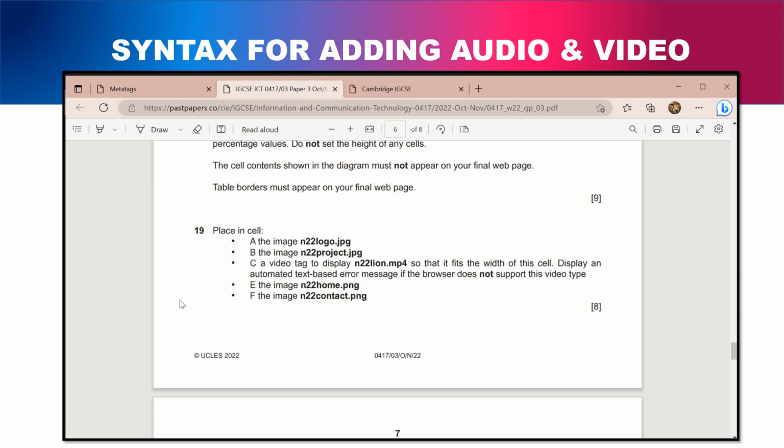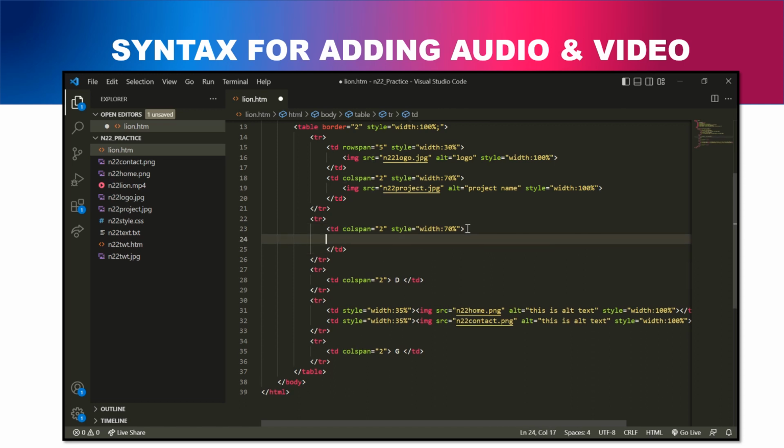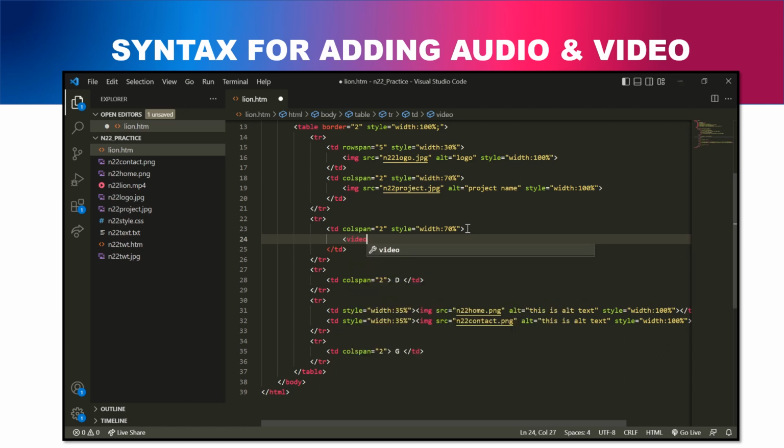In question 19, we had to add a video in cell C. So how do we add a video in HTML? We use the video tag. So I'll show you how to use the video tag. We'll go to cell C, click enter, then video, it has an opening and closing tag,